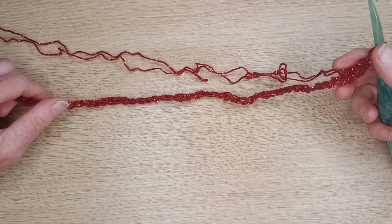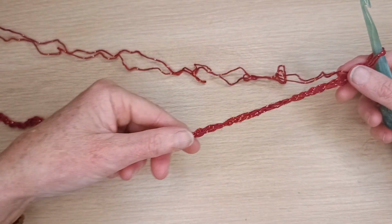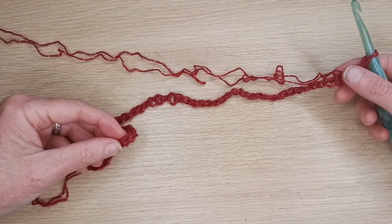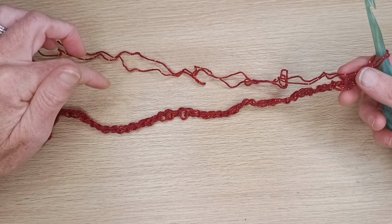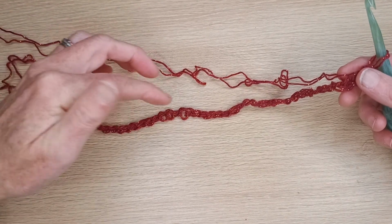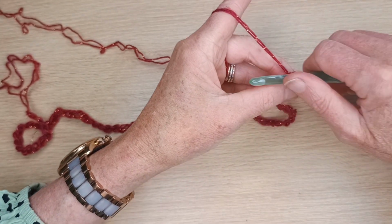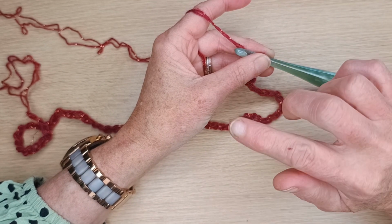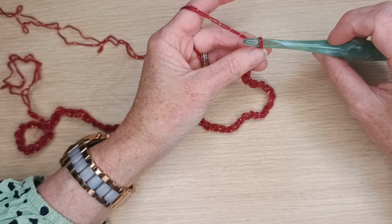So just make sure when you wrap it around your head, it's not too tight and not too loose, but just right. If you are able to, line it up and lay it flat so it's not twisted, and we're going to be joining it together. Well, I was going to be joining it together. This yarn has made it so it's really twisted and I can't seem to straighten it out. So I have a trick for this. What I'm going to be doing is doing a next row and I'll join from there. But what I want to do is change my hook